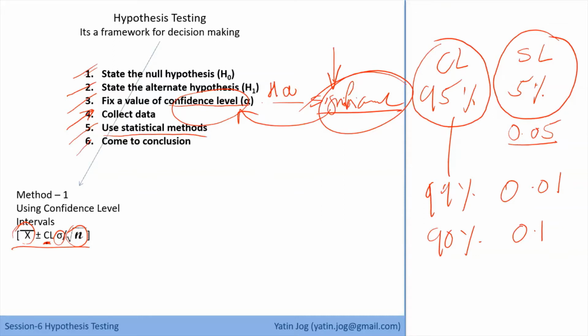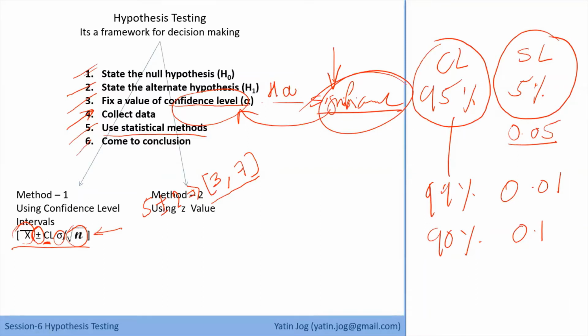In this first method, if you can see, the symbol is plus or minus. So if I'm getting an answer as 5 plus or minus 2, that means I'm creating the confidence level interval of 5 minus 2 is 3 and 5 plus 2 is 7. So I'm creating an interval of values between 3 and 7. Likewise, I'll get some confidence level interval values using this formula, and then I have to use that interval to test my hypothesis. That we'll see in detail in further slides. This is my method number 1.